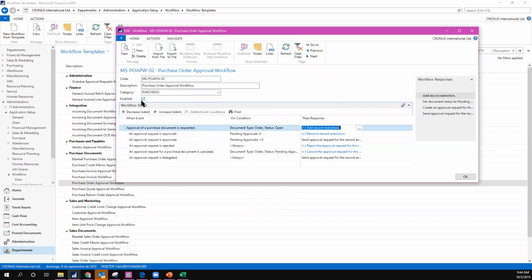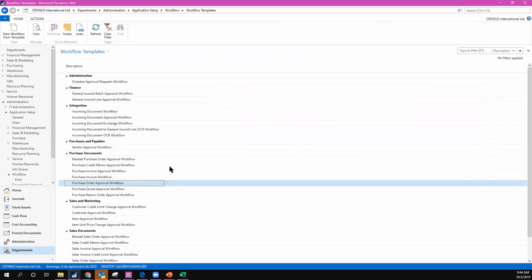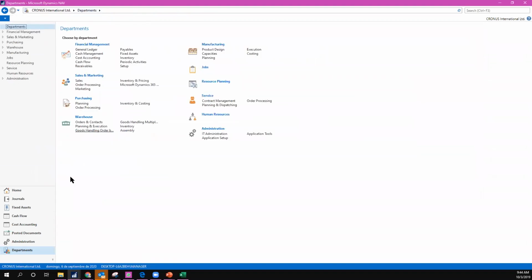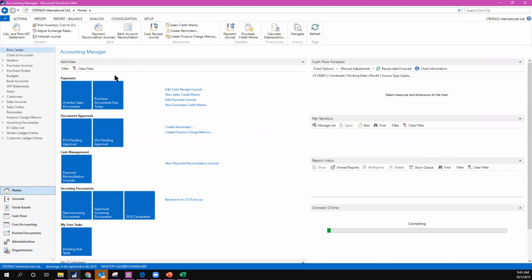If you see, maybe the specific conditions that I have set up are very general, very easy to understand, but actually the other examples I'm going to show are just as easy as this. It's about understanding just the setups, and everything will be ready for you in the company. Once I have this, I'm just going to go back. This was part of the administration work, but at this point I will be coming back to be the accounting